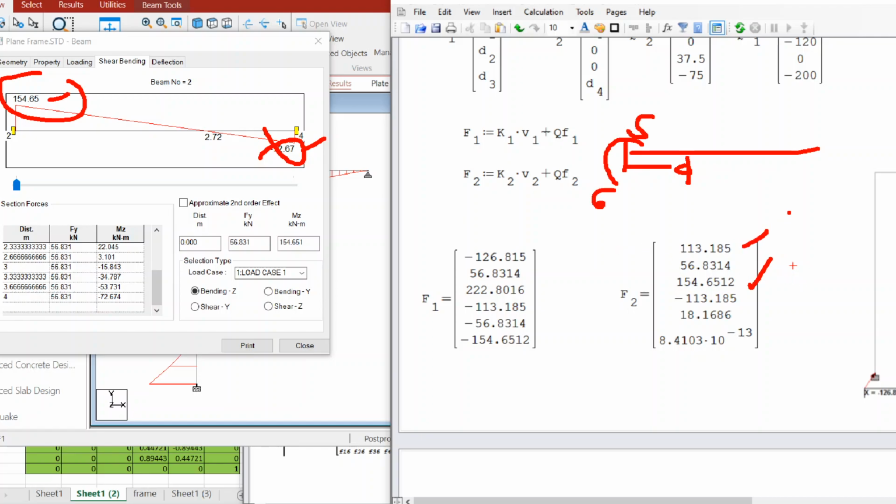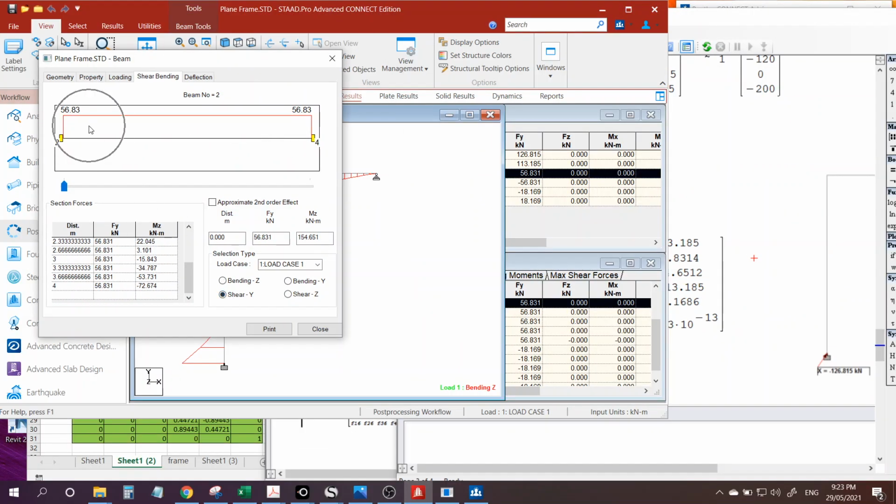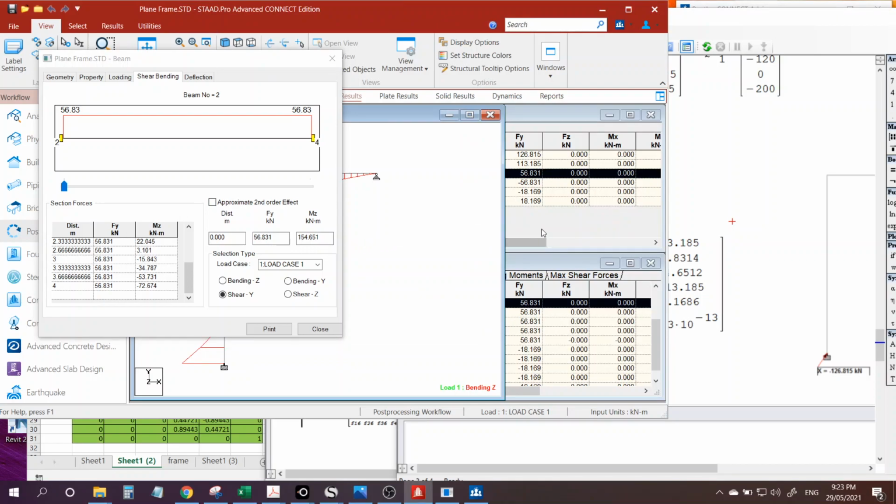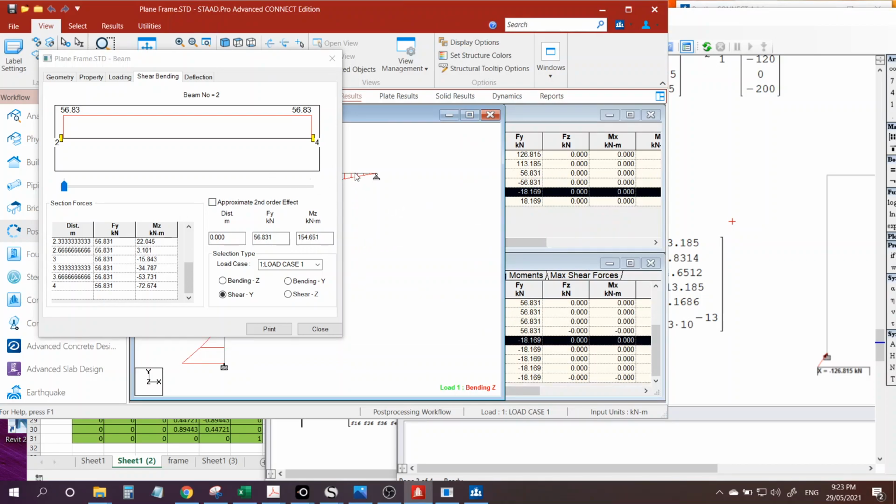So the moment is 154. Code 5 is the shear, so that's 56.8. If I click this, we should get 56.83, the same. For axial, again, I cannot get that here, so if I click this,